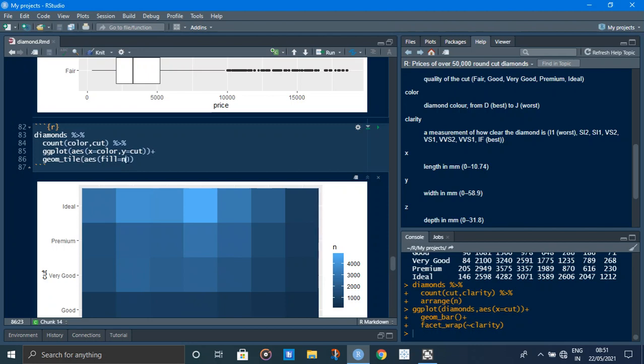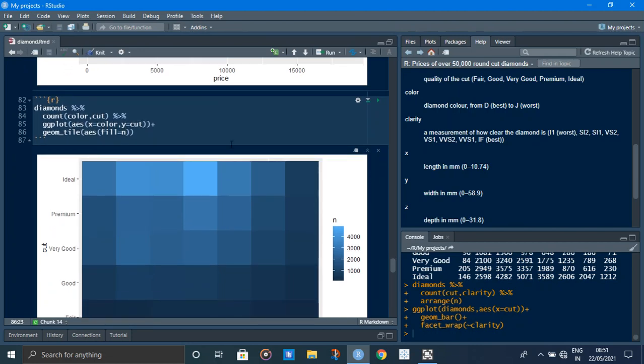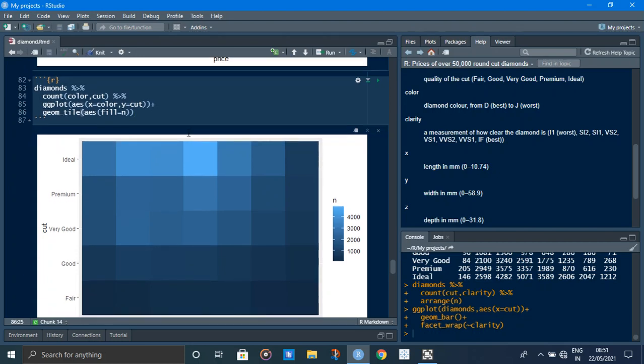N means the number of that diamond present. So here geom_tile is used. Count color, cut: the count function is used for counting the number of color and cut. ggplot geom_tile aes fill equal to n means it is filled according to their number.